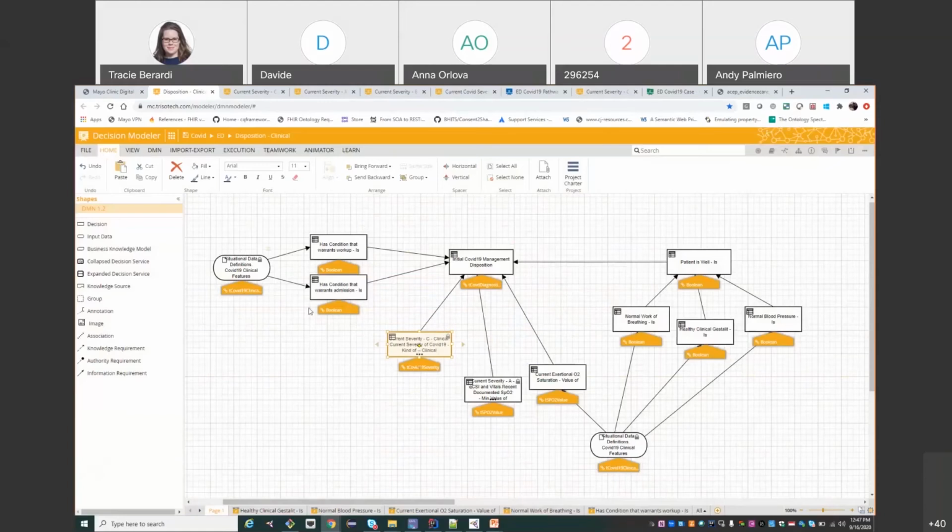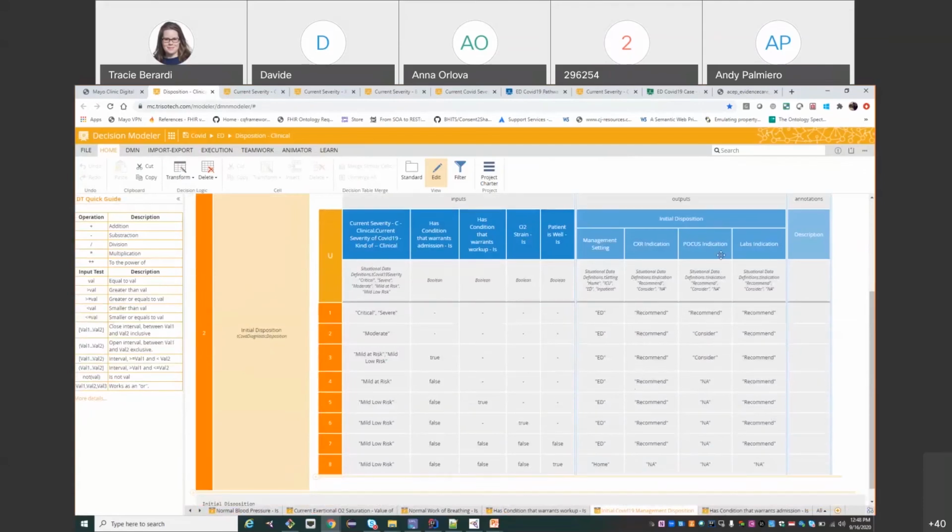that essentially help determine, now that we know how bad the patient is and we know where they are, these side decisions help us get more information about where the patient is in terms of the general clinical state, not only the clinical state or medical state as per COVID, but also where the patient should be. So more context that builds into the